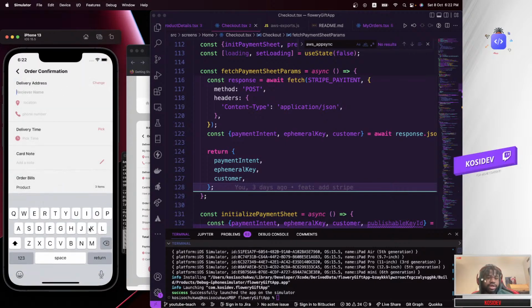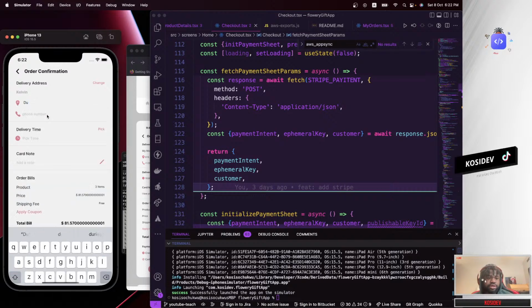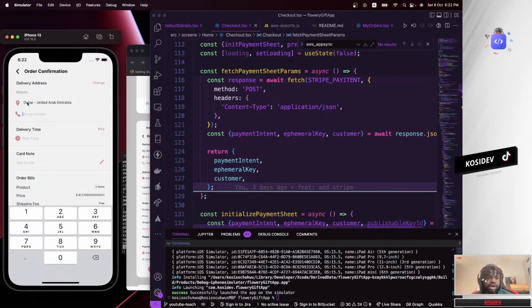Over here I'm going to add a name, call that Kevin. Then add a location. If you're wondering how we are getting the location, I'm using Google autocomplete, React Native Google autocomplete.